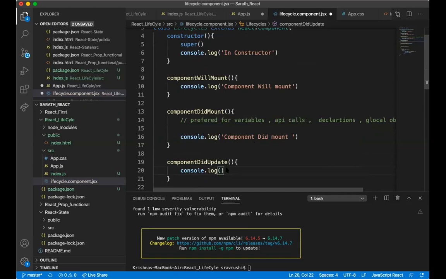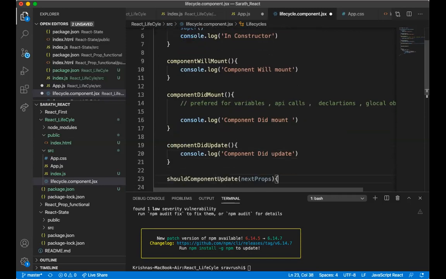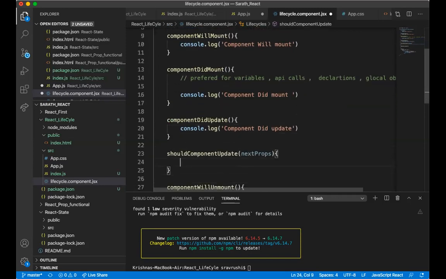And the next thing is component did update. So once the component is updated, this phase will be executed. Okay, and we also have one more important thing to get the next properties of the component. That is should component update.